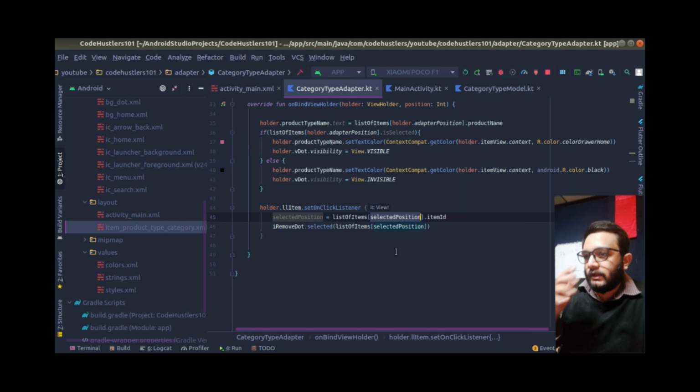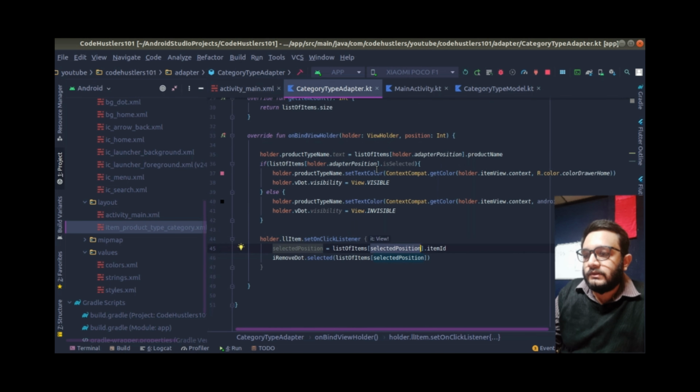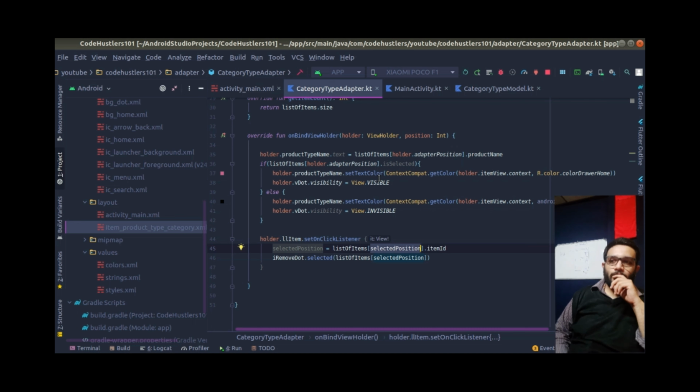Okay, so what I've done is, whenever we click on the first item, at that time the selected position will be -1. So instead of that, what we'll have to do is first,